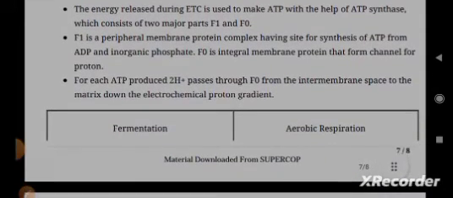The energy released during ETC is used to make ATP with the help of ATP synthase, which consists of two major parts, F1 and F0. F1 is a peripheral membrane protein complex having the site for synthesis of ATP from ADP and inorganic phosphate. F0 is an integral membrane protein that forms a channel for protons. For each ATP produced, 2H+ passes through F0 from the intermembrane space to the matrix down the electrochemical proton